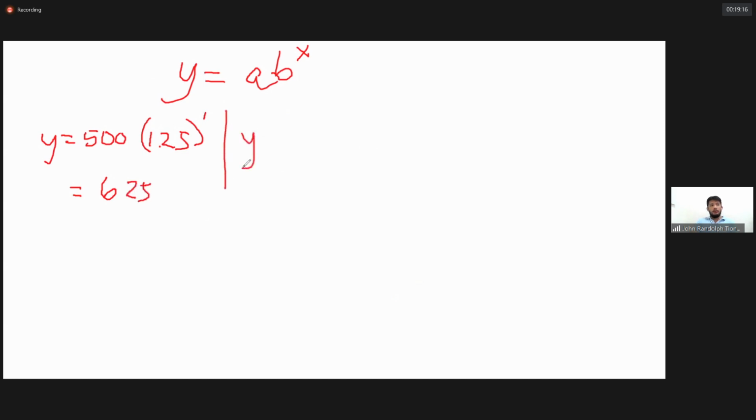And how about a week from now, meaning to say 7 days. 1 week equals 7 days. Y equals 500 times, walang nagbago dyan sa growth factor mo, 1.25 pa rin. Pero yung interval mo is 1 week, di mo pwedeng sabihin na 1 week, 1 din ang ilalagay mo. No, kasi base sa problem per day. 1 week equals 7 days, you write there 7. So you will get 1.25 to the power of 7